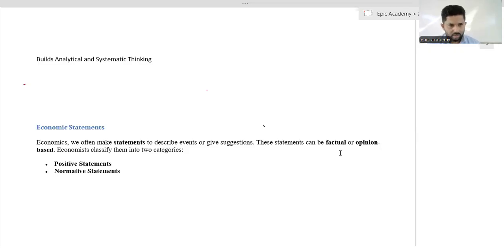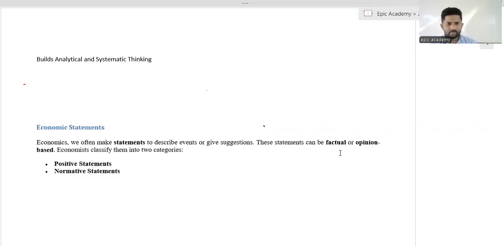Because to identify the main components, the behavior of economics, the decisions taken by the government or a person in the economy can be identified by using statements of economics. So then we are going to use that statement as a tool to identify the behavior of economics,